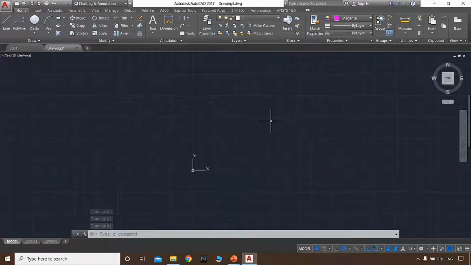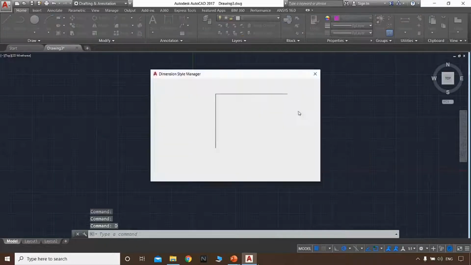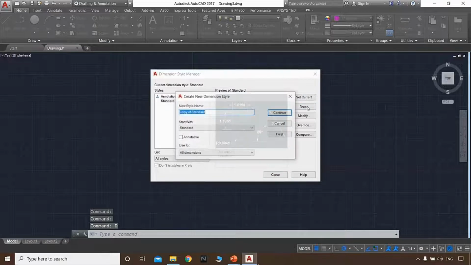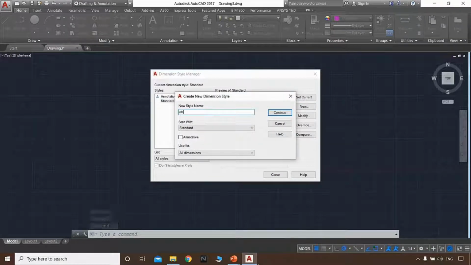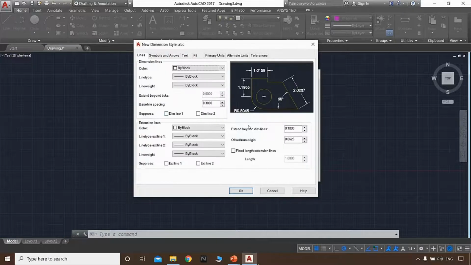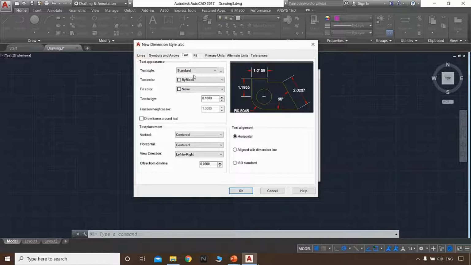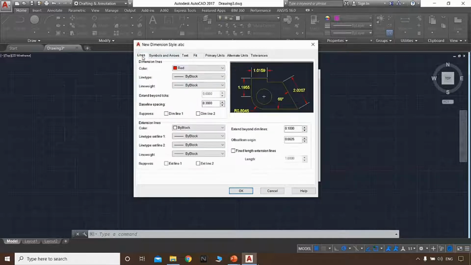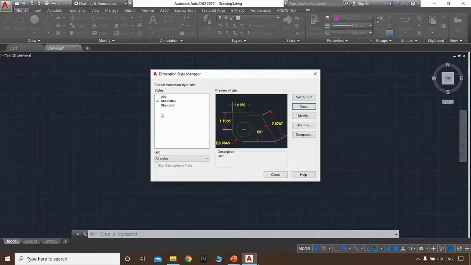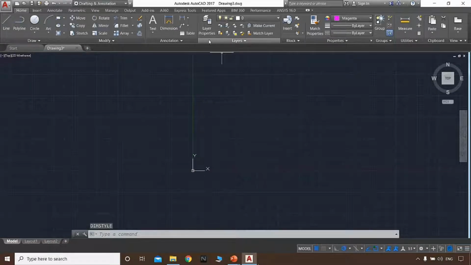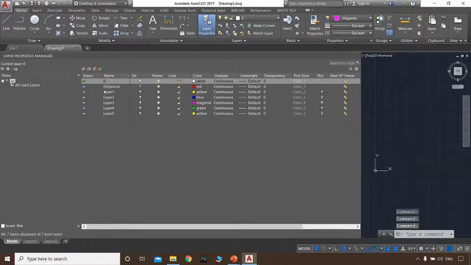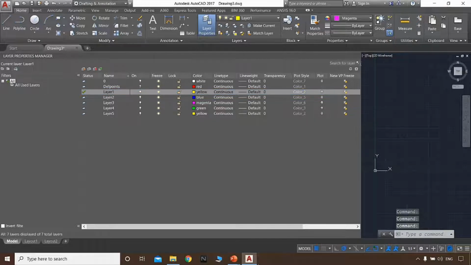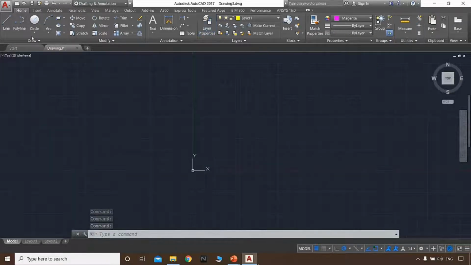Also, if you need to give a dimension style, you can go for it, dimension style. You can make a new dimension style here. I'm just giving A, B, C, then I'm just giving all the lines and everything here. Just simply I need to show how it works, that's why. So I made ABC here and setting up this current, then close, then taking a layer, layer 1, then creating this, creating a shape here,